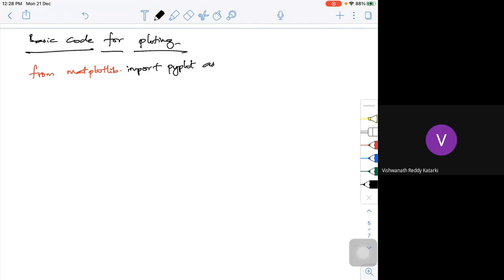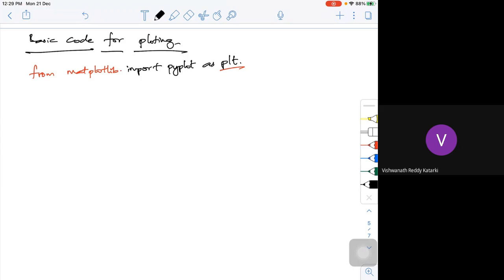You can give it an alias like PL or PLT, whatever you want, but ensure that there is some relationship between the alias and what you are trying to do. That's it. You can import pyplot as a simple name, and I'm importing it as this.